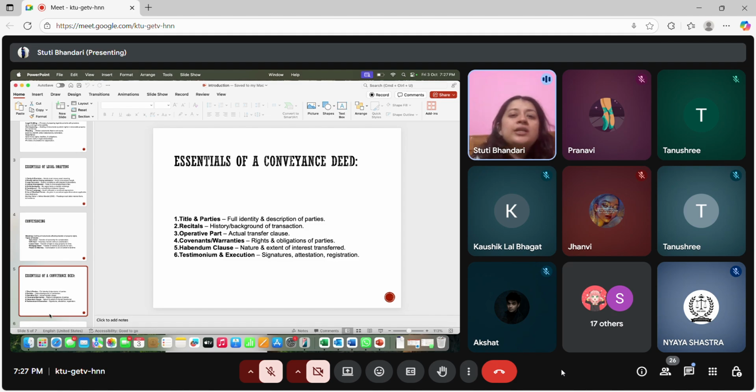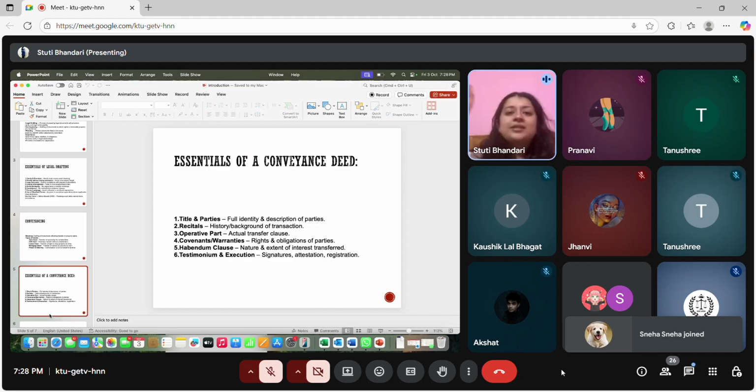Now coming to essentials of a conveyancing deed. So आपका basically conveyancing deed में आपका court का नाम नहीं होता है. There is no name of the court which is mentioned because you register it in the registrar's office. So it starts with the name of the parties. For example, let us take the simplest of the conveyance deeds, which is the sale deed. So I will start it with the name of the seller, then the buyer. I'll introduce them like